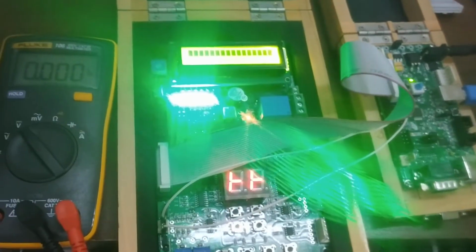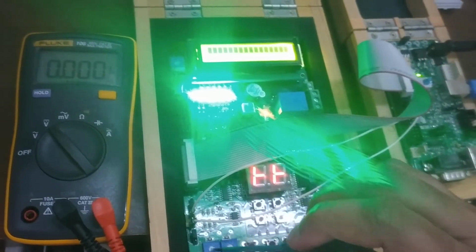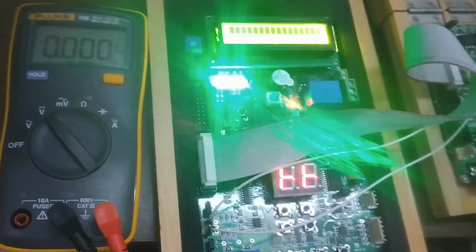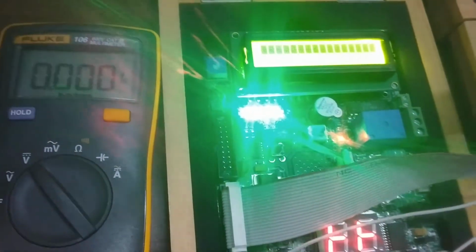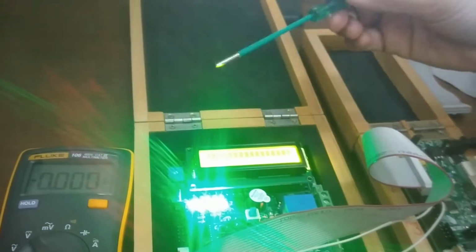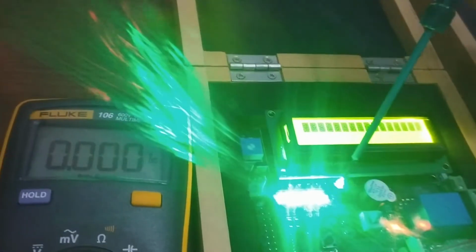Now one more point I want to show you. Now I am going to vary, I am going to change the analog input. I am going to decrease the analog input. Whenever you make a change at the input, make sure you reset the system to take the correct reading. You can see I have randomly changed the input and now the bits are randomly changing. This is my 0th bit and this is my highest bit. If I read this out, I read the bits as 0, 1, 1, 0, 1, 1, 0, 0. So this is my digital out.